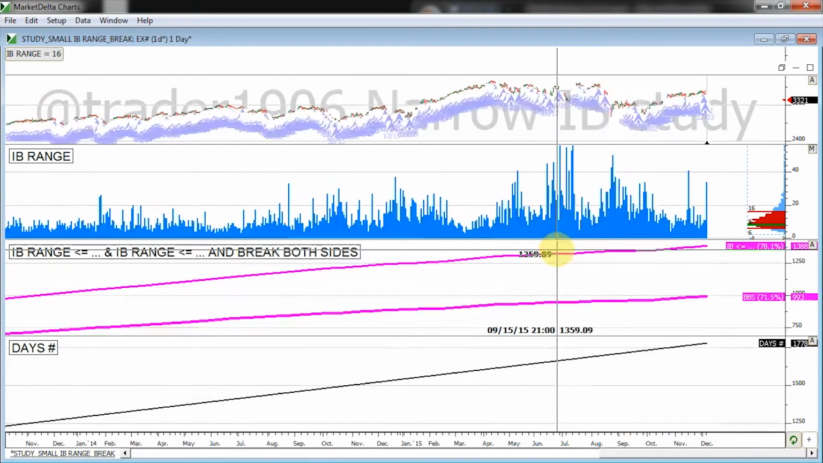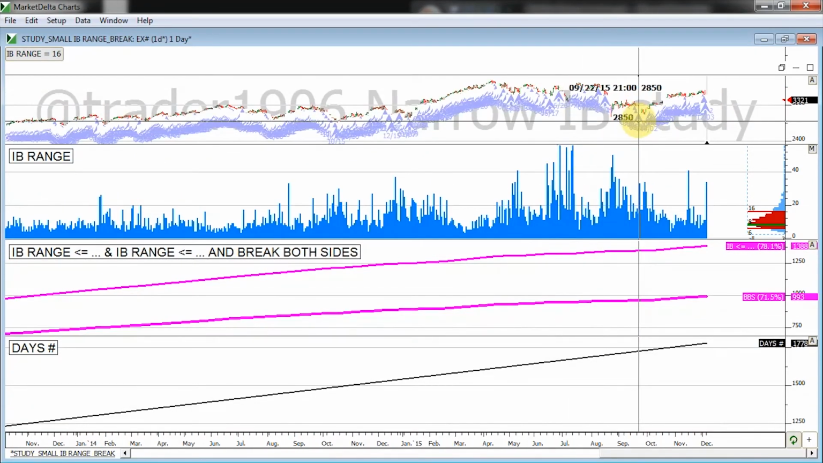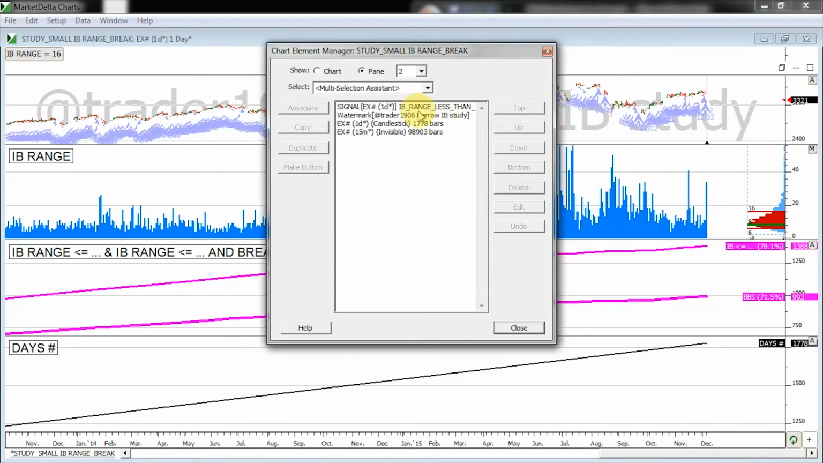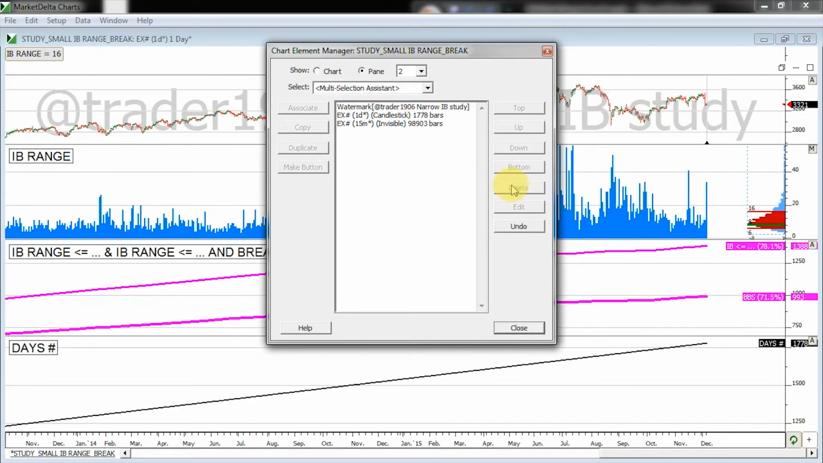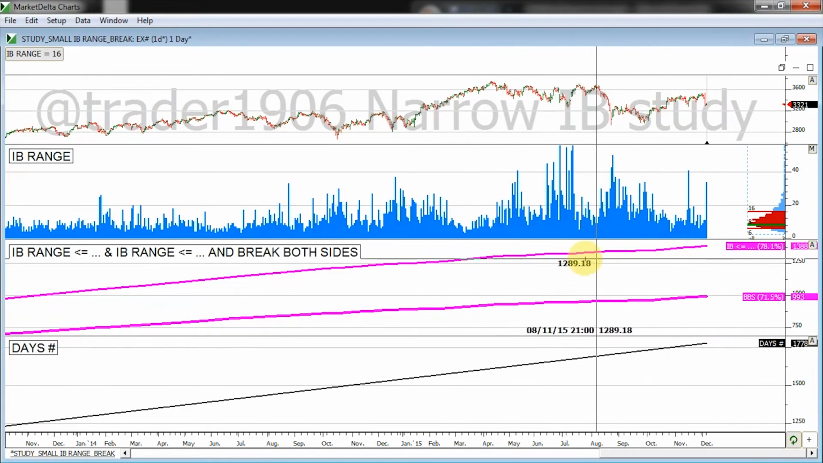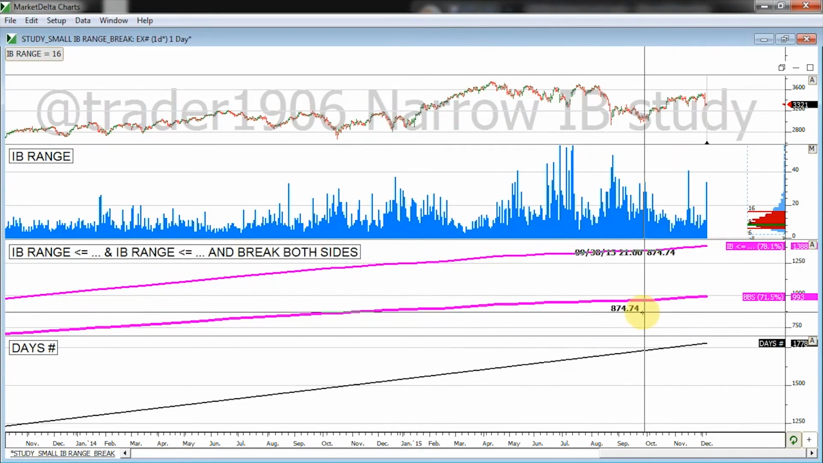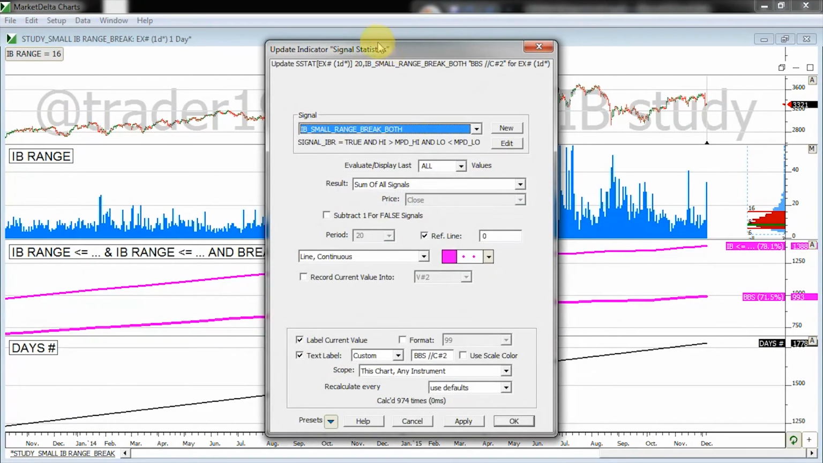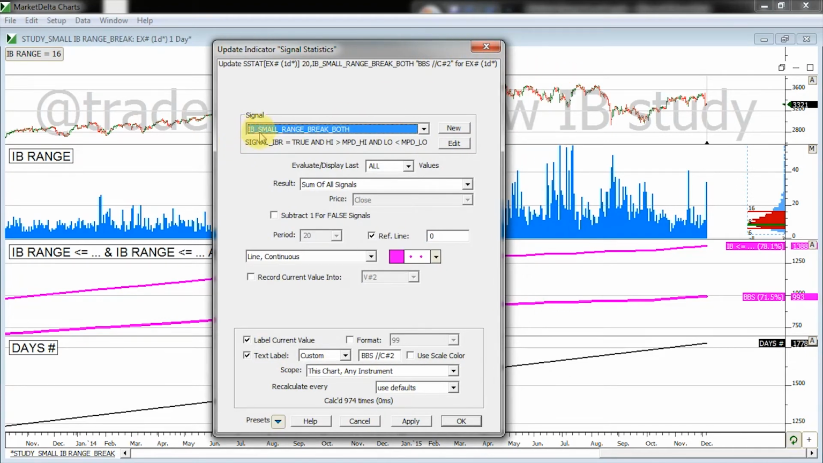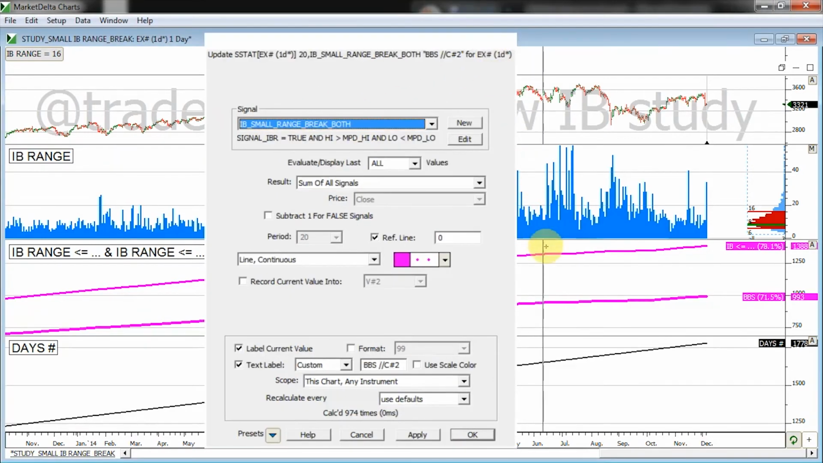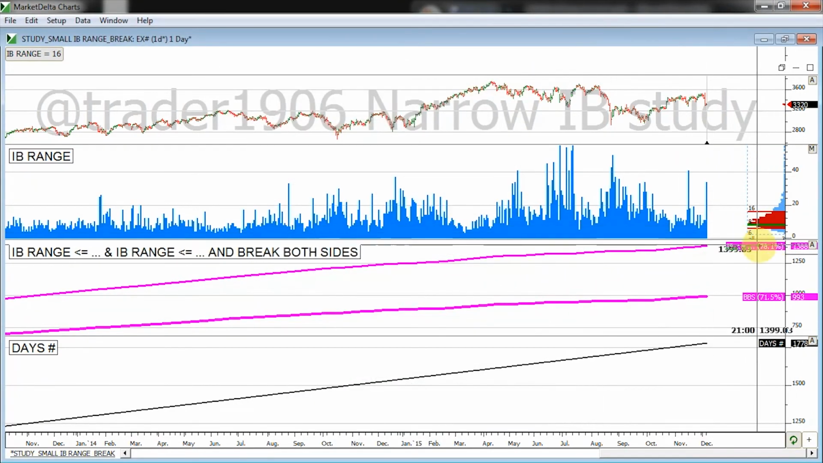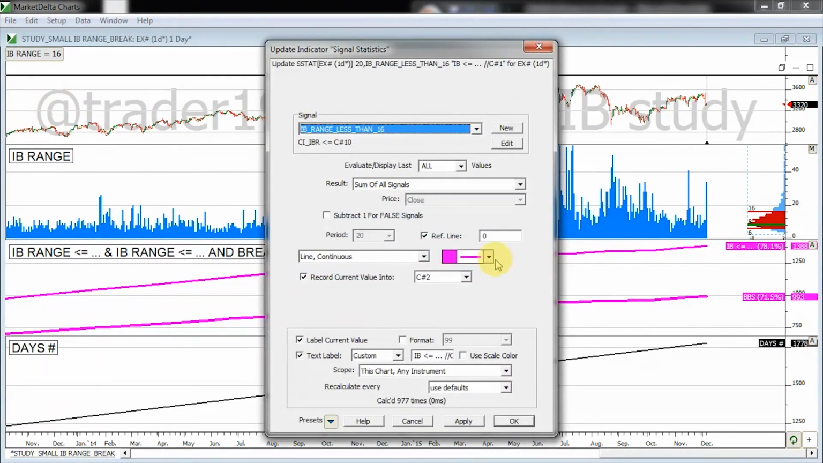Obviously it occurs a lot, so it's very messy on the chart. Probably not a great thing to do there, but as you can see, it sums up a signal when it occurs. And then this one here is using the signal statistics indicator, and this one sums up how often the second signal occurs. And the second signal we have here is a small range IB, and it breaks both sides. How I get these statistics after we sum them up is I assign